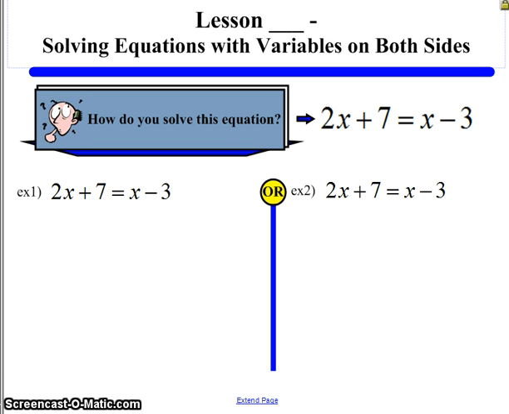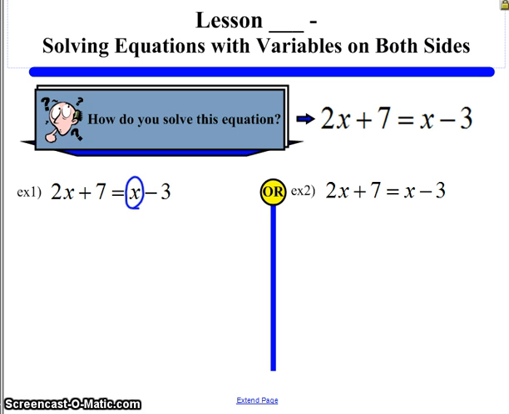So in this case, we have a choice. We need to decide, do we prefer the variable on the left or do we prefer it on the right? And I'm going to show you both ways for this first example. In example 1, we're going to assume that we like the x variables to be on the left-hand side. So the way I'm going to get this